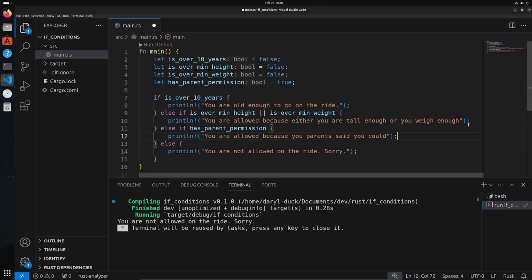Okay? And now, because this is currently set to true, if I run the application, you're going to see it says you are allowed because your parents said you could. But as soon as they say you can't, right? So you try to go up to the ride, then clearly it tells you you're not allowed on the ride. Sorry. Okay? And that is pretty much how we can control the flow of our application with decision making using if and else if